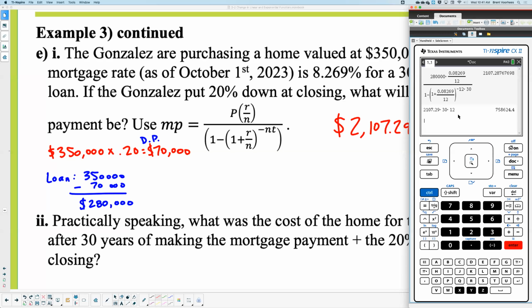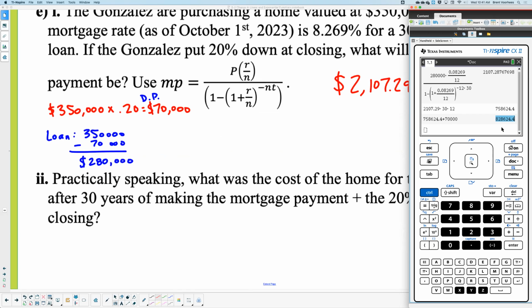How much do you actually pay for that house? Do you pay $350,000? You pay that amount plus the $70,000 you already paid. Your $350,000 house that you felt so good about because you felt like you got a steal is actually $828,624.40. $1 million. What the